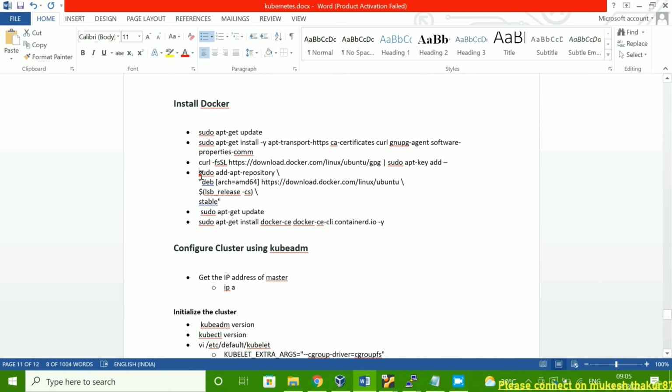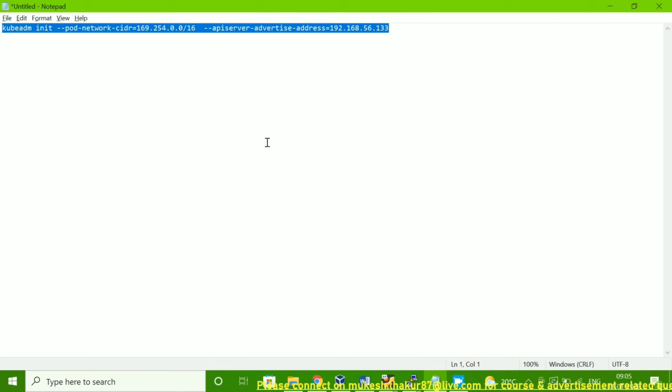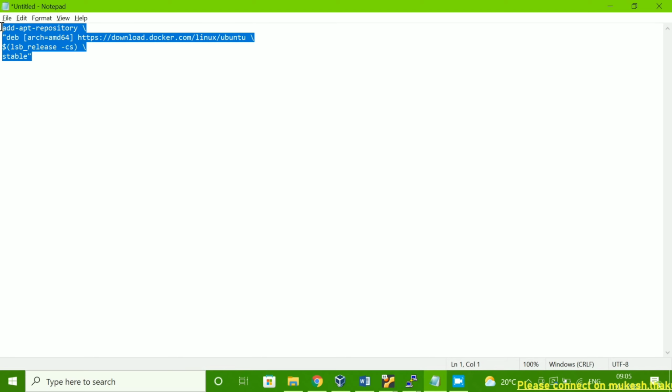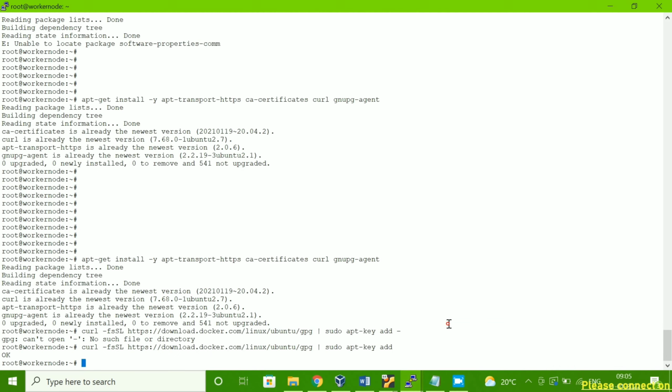Okay, now we have to set this repository. So let me copy it in here, otherwise again it will create a problem. Okay, now let me copy this one and run it on the worker node.